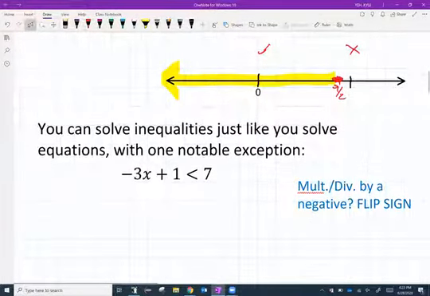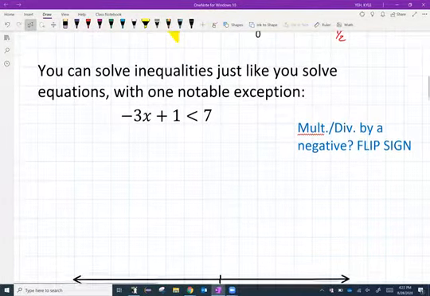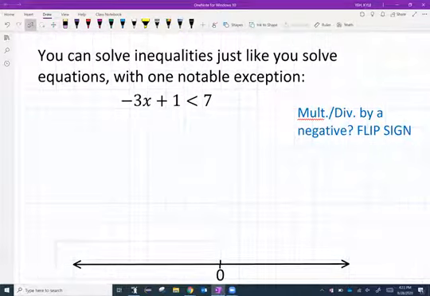Now, I did say there was one thing that's a little different when it comes to solving inequalities as compared to equations. And you might have heard this rule before, you might remember it. When you are solving an inequality, you do need to flip the sign if you multiply or divide by a negative number. Flip the sign meaning less thans become greater thans. Less than or equals become greater than or equals. So in this problem,